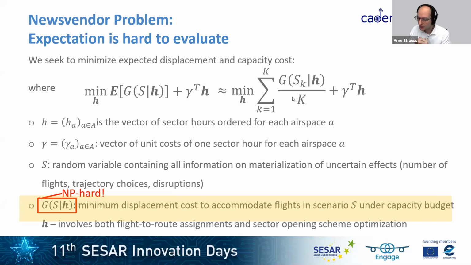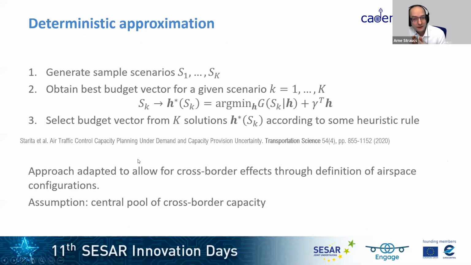So essentially we are drawing some distributions so as to create different scenarios as K, and then form an average over those. So that still is difficult because the evaluation of this cost function in the future, this G function that I just showed you, is rather expensive indeed. And as such, we are drawing on an approach of ours that recently got published